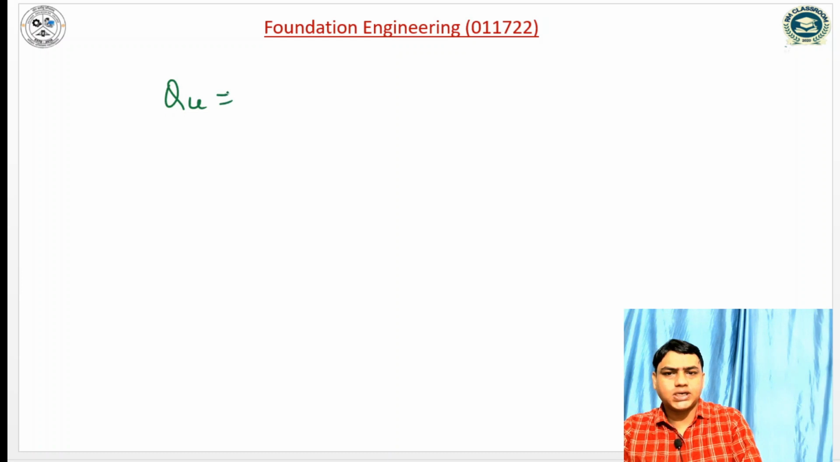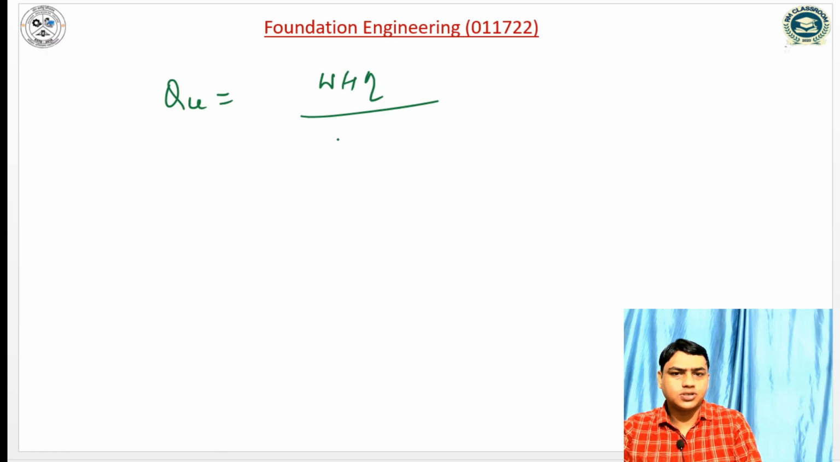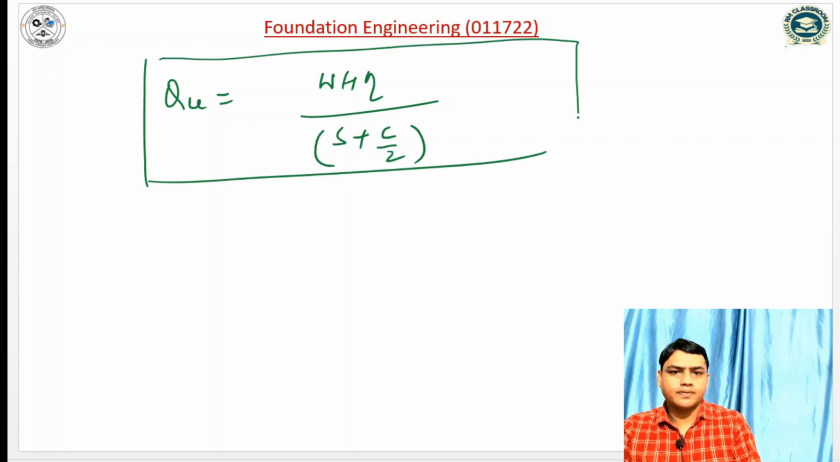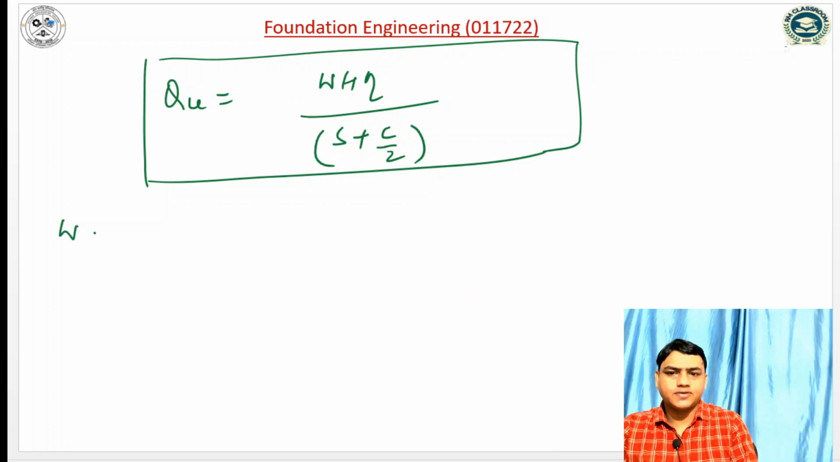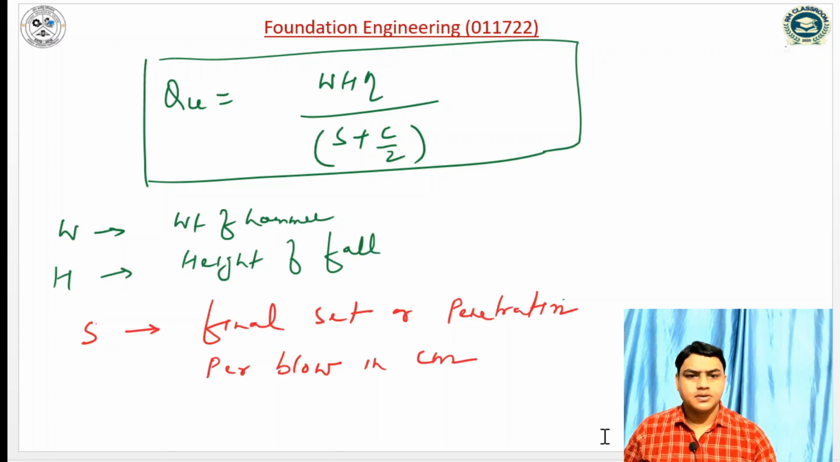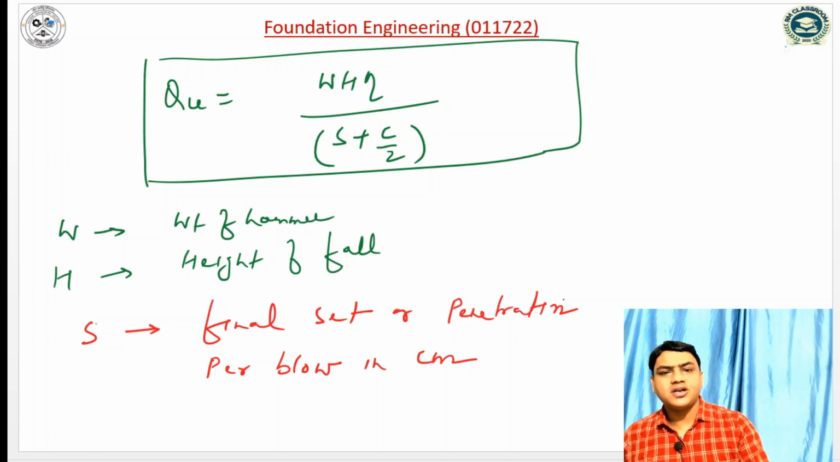So ultimate load is equal to W into H into efficiency of blows divided by S plus C by 2, where W is once again weight of hammer, H is the height of fall, S is the final set or penetration per blow in centimeter, and C is the total elastic compression